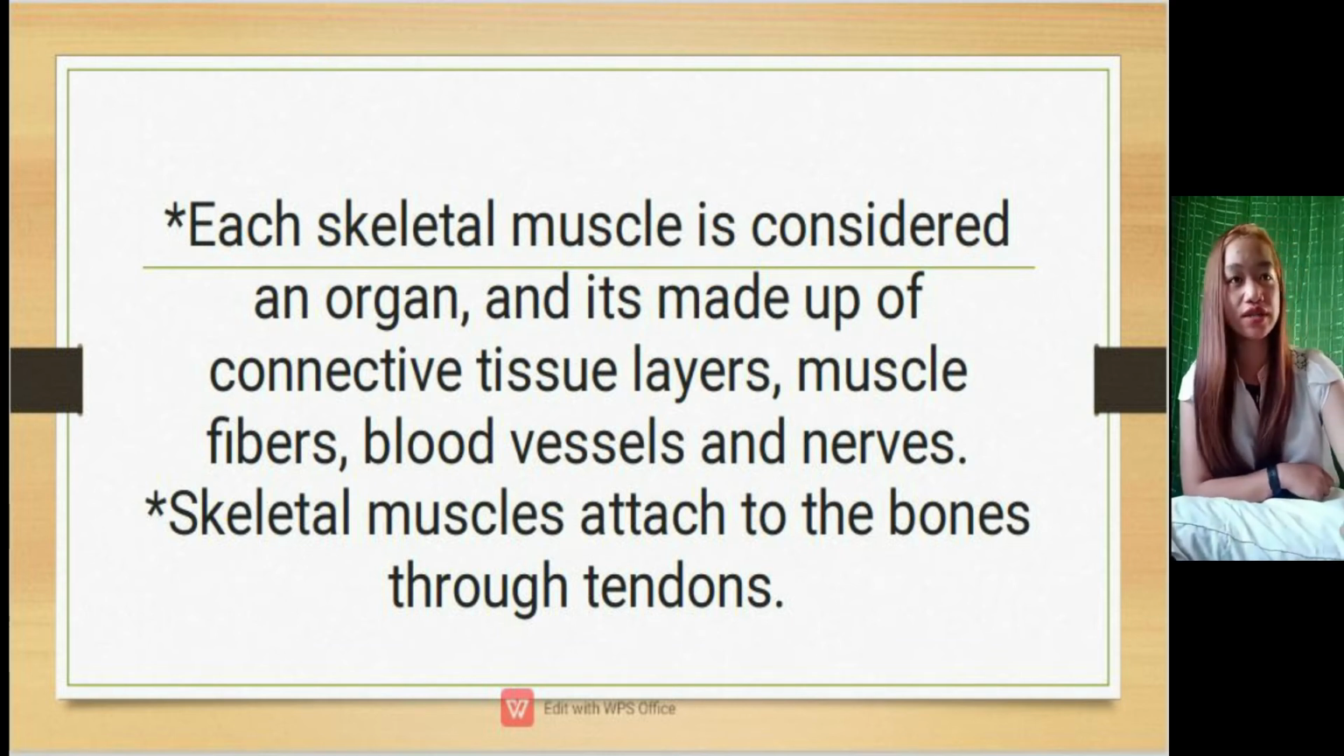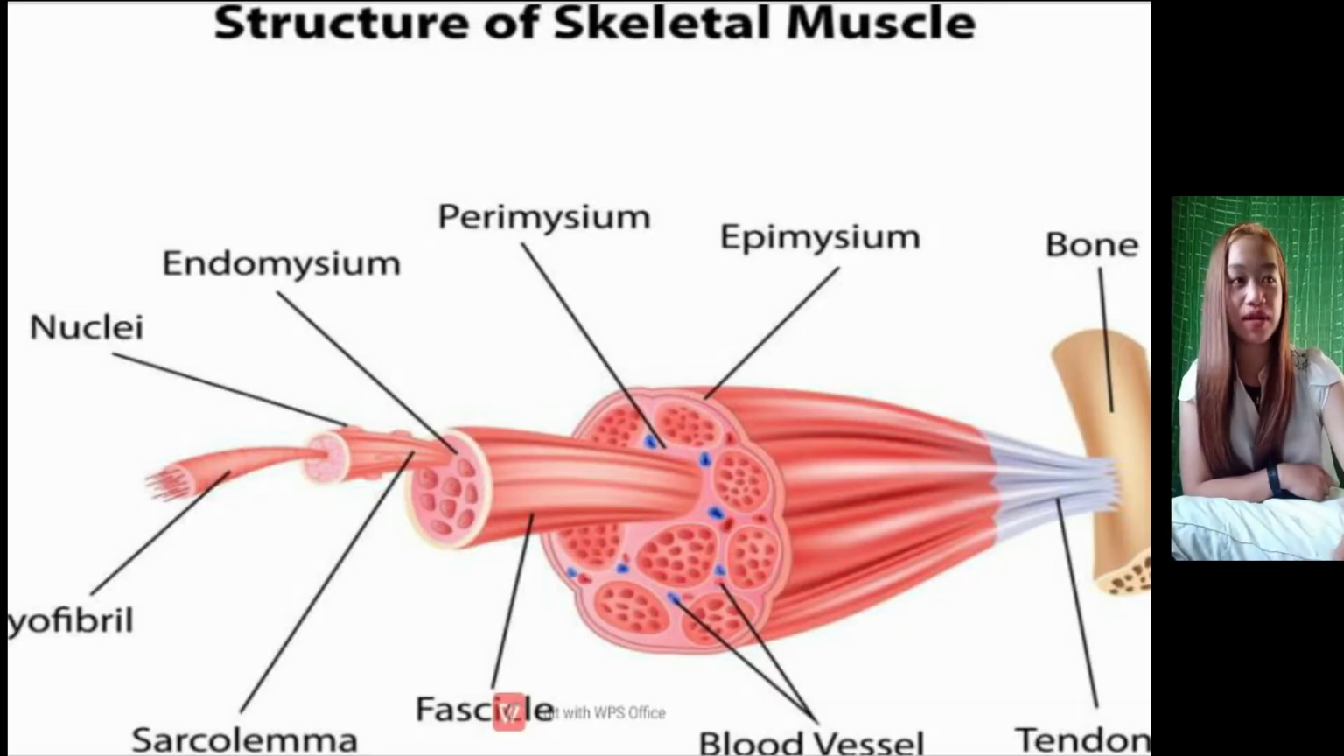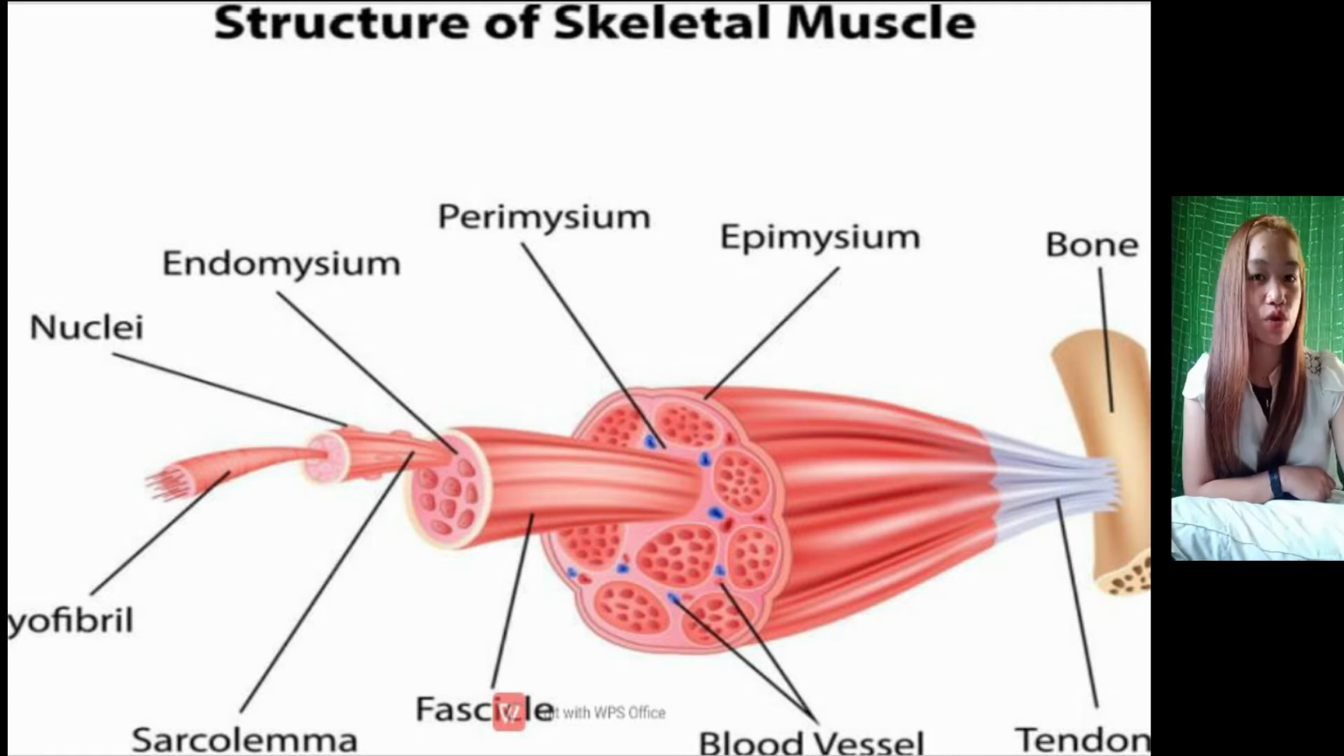So these are the structures of skeletal muscle. This is the bone that the skeletal muscles attach to. This is the tendon that attaches the muscle to the bones. And these are the epimysium, blood vessels, fascicle, perimysium, endomysium, nuclei, myofibril, and sarcolemma. So first one, we will be tackling